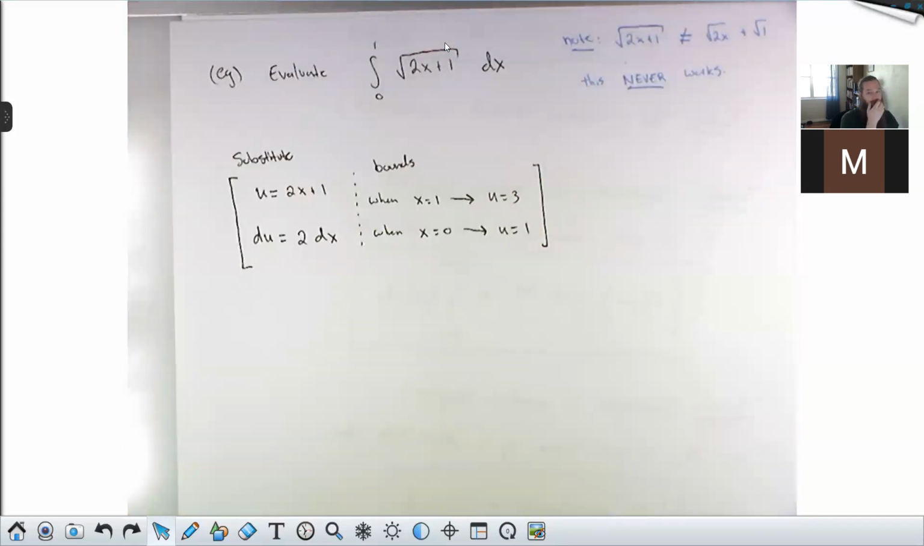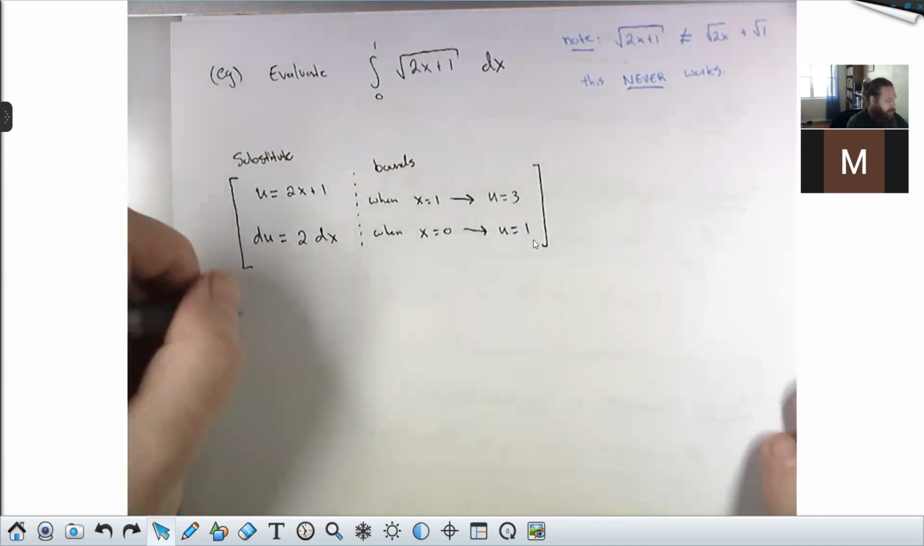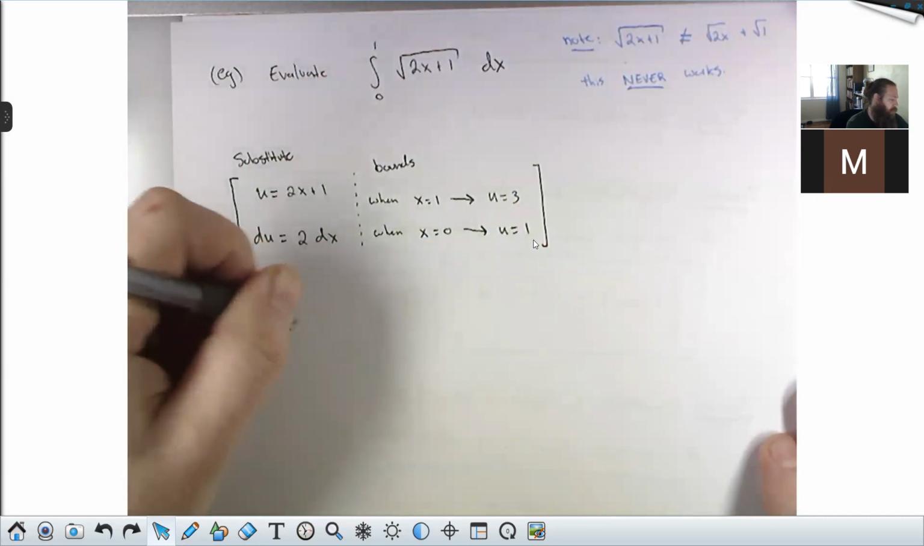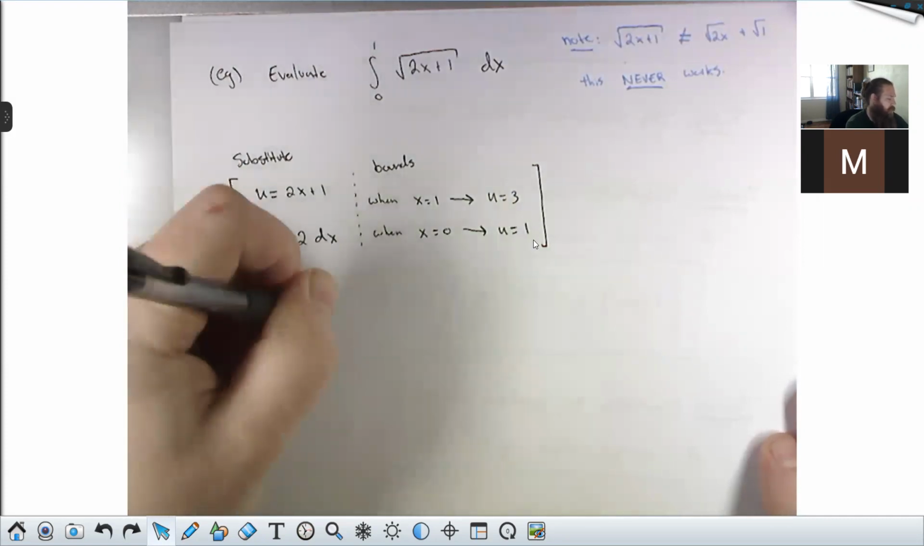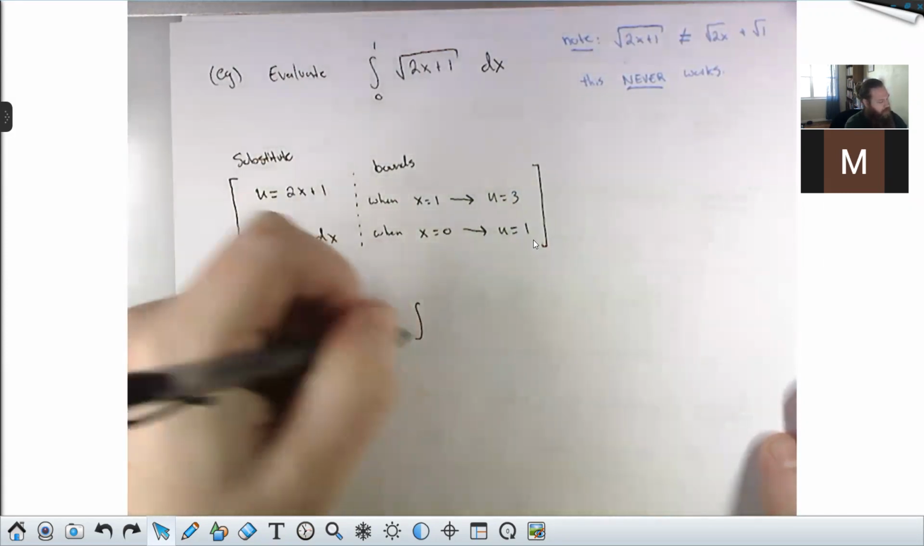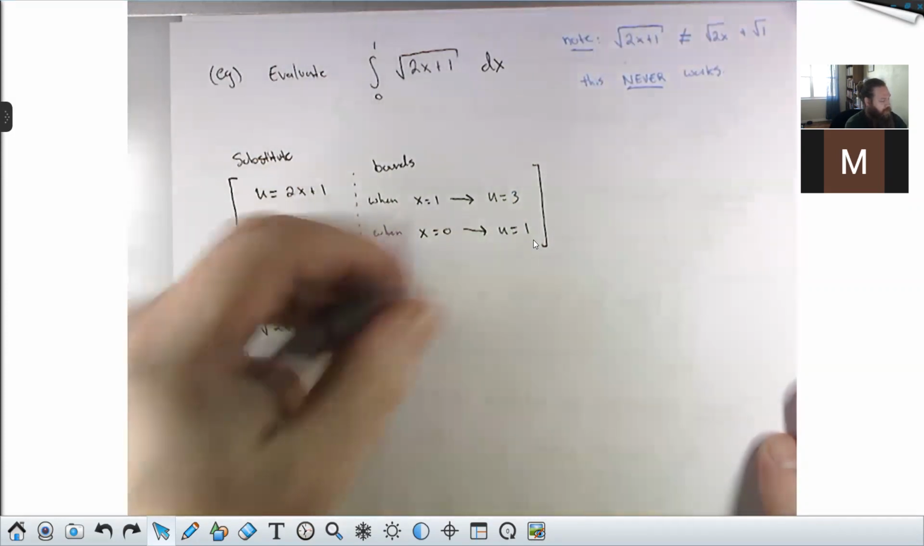All right. So this is all the stuff I need to make my substitution go. I've got the choice of substitution and the associated differential. And I see that my old bounds, which were 0 to 1, lead to the new bounds, 1 to 3. So what this tells me is that the old integral 0 to 1, square root of 2x plus 1 dx, is equal to the integral from 1 to 3